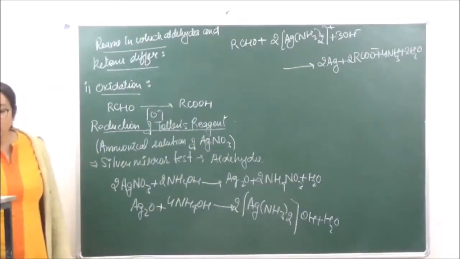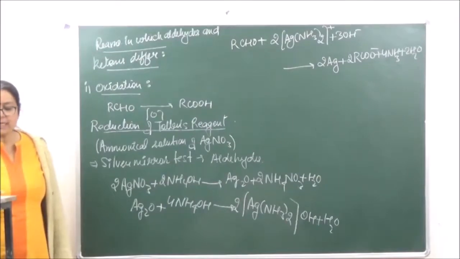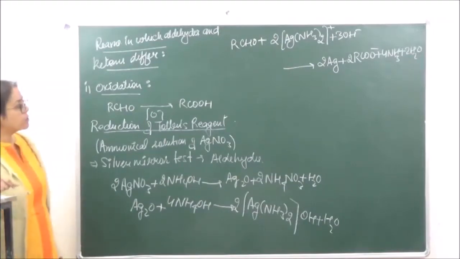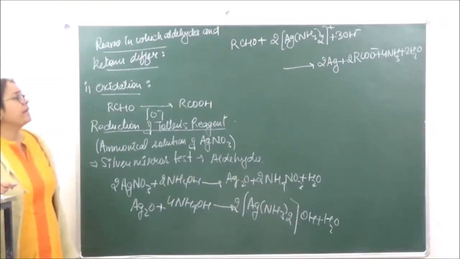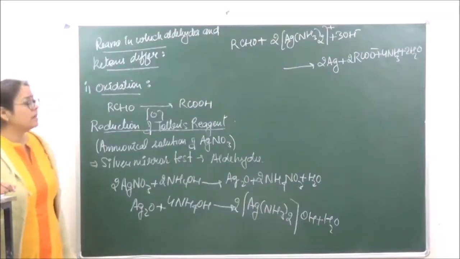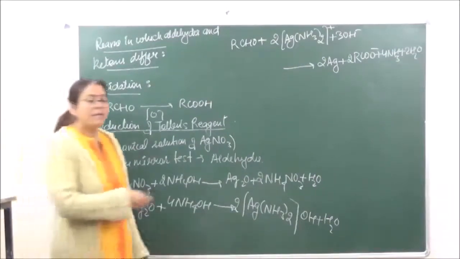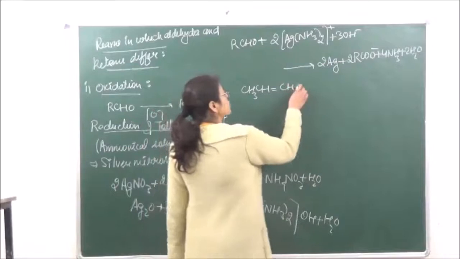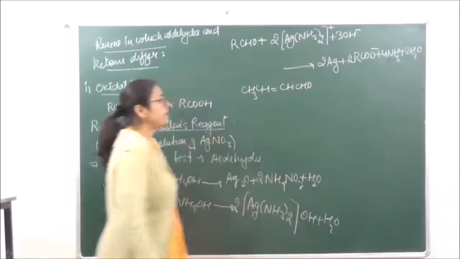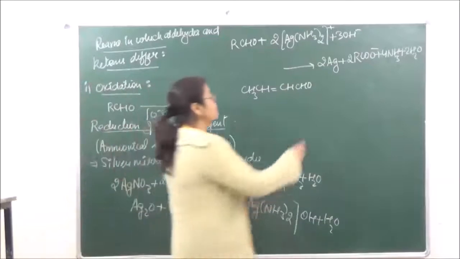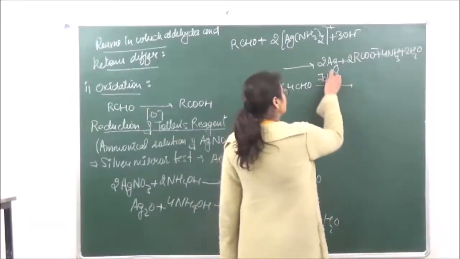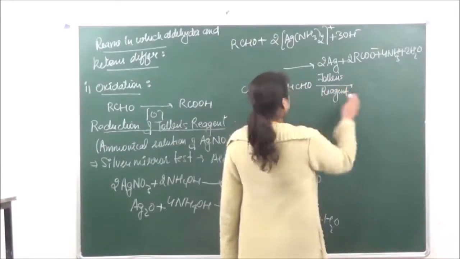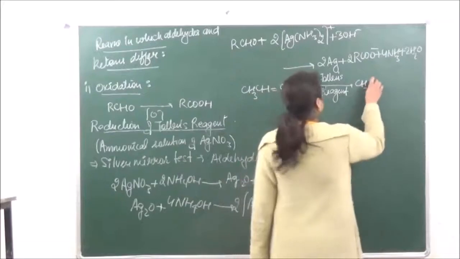Now when we are talking of ketones, as I just said, they are not going to react here. Now if there is a double bond present in any compound, that double bond is unaffected by Tollens reagent. For example, if we have CH3CH double bond CH-CHO and we subject it to Tollens reagent, in this case the double bond is not going to be affected.